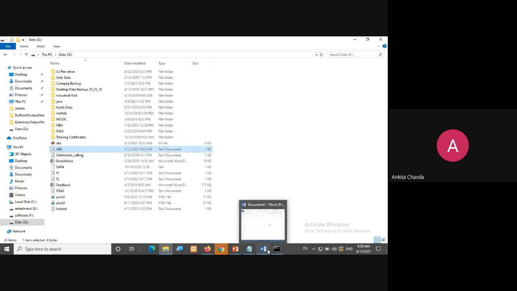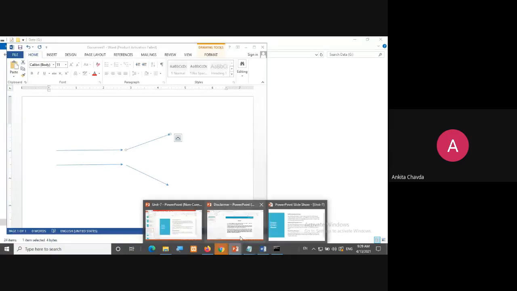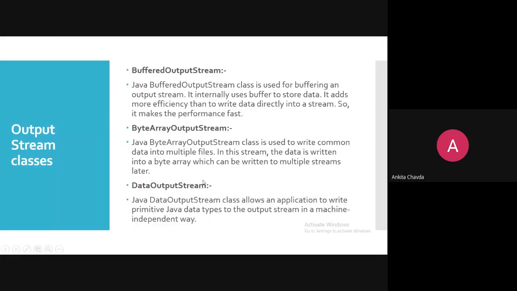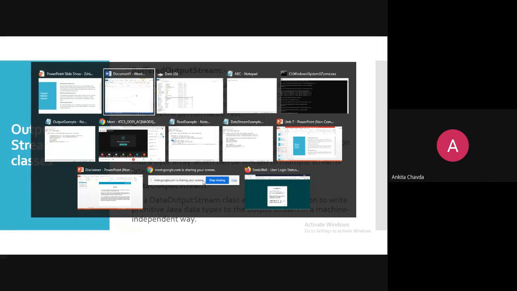It is not writing actually float and double, right? It is only writing either in byte, or in integer, or in long, because here we are not writing anything into float, right? Because how can I give 65.3? If only 65, then we can understand, okay, that is the ASCII value of capital A. So that is why here we are not providing any functions or methods to write floating point data. Okay. So I hope it is clear, right?